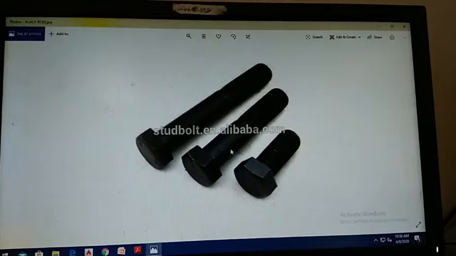You can find different lengths of bolts here. Since the shank is unfinished, we can use this bolt only for temporary structures, or where the load will be static. Yesterday I forgot to tell you, unfinished black bolts and finished turned bolts are made of mild steel rods, hexagonal or square.